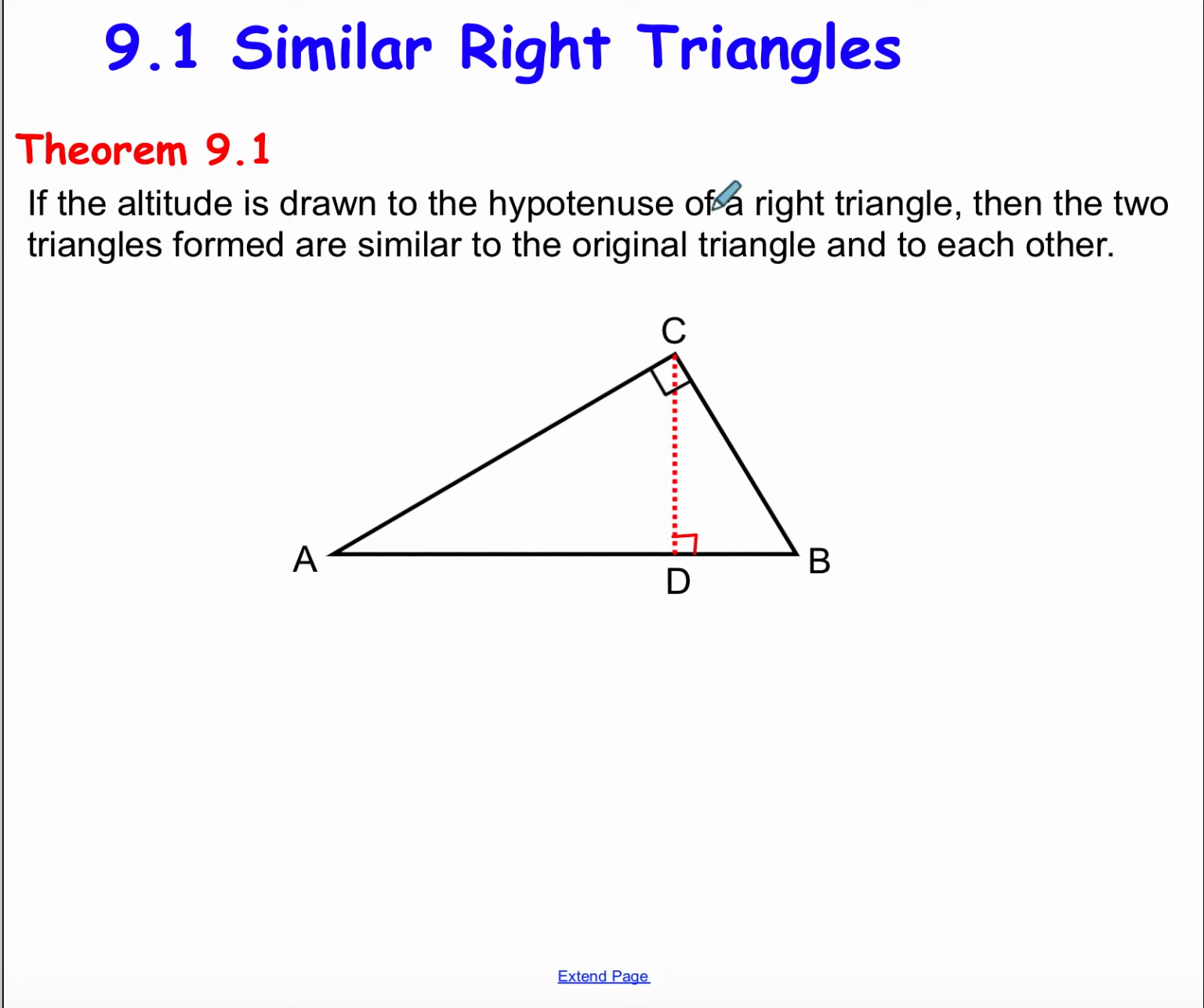If an altitude is drawn to the hypotenuse of a right triangle, then the two triangles that are formed are similar to the original triangle and to each other. Here's what it's saying: because I drew this altitude, there are now two triangles that are formed. Here's a new triangle right there, and here's another triangle right there. And what Theorem 9.1 says is that if the altitude is drawn, then